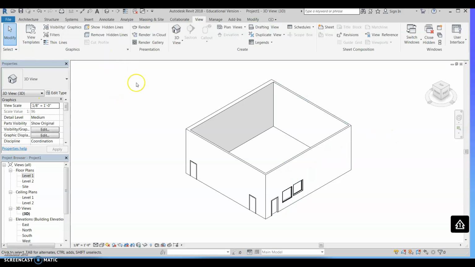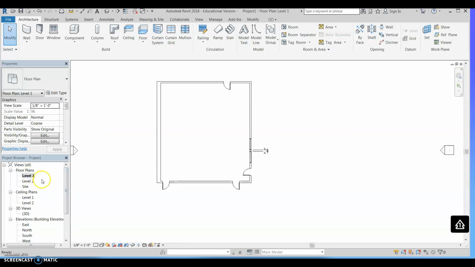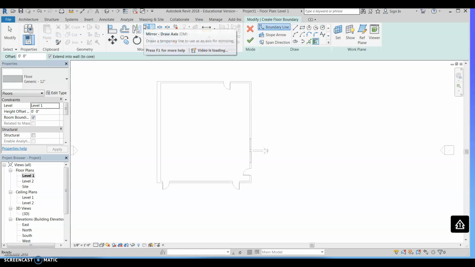Okay, now the last thing, we're going to add flooring in. So we're going to go back to architecture, and this is after you get all of your windows into your drawing. So I'm going to go back to my 2D view, and I'm going to choose floor. Now the first thing that's going to happen is it's going to ask you to modify and create your floor